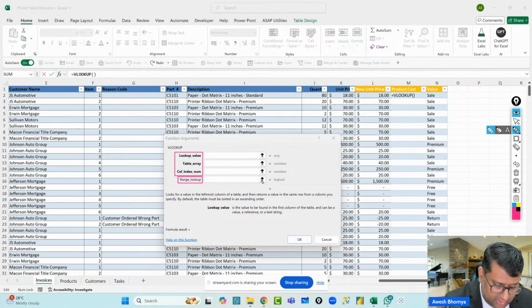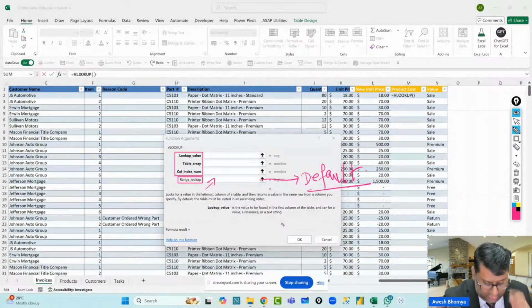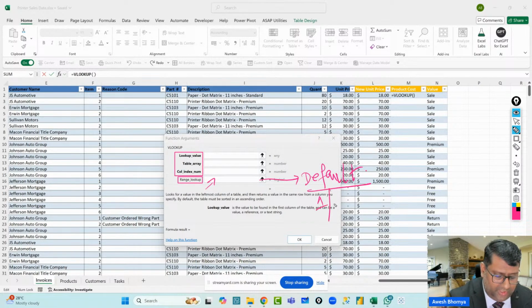If I do not write anything in this range lookup, by default it will pick it up as 1, which is nothing but true, and which is your approximate match.